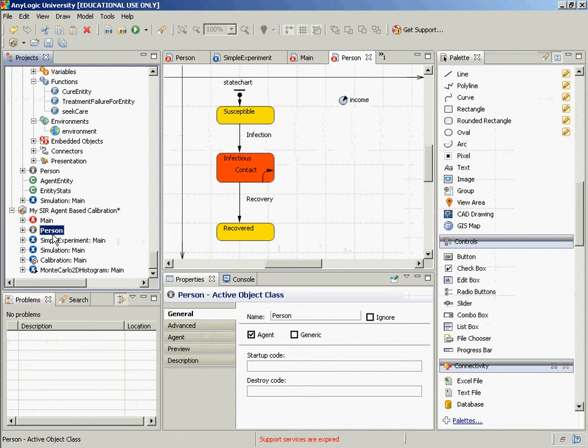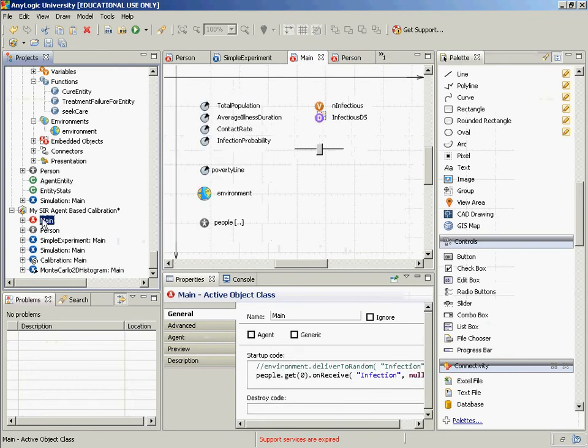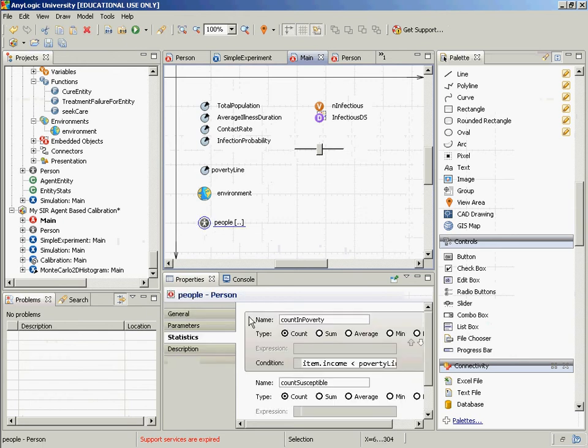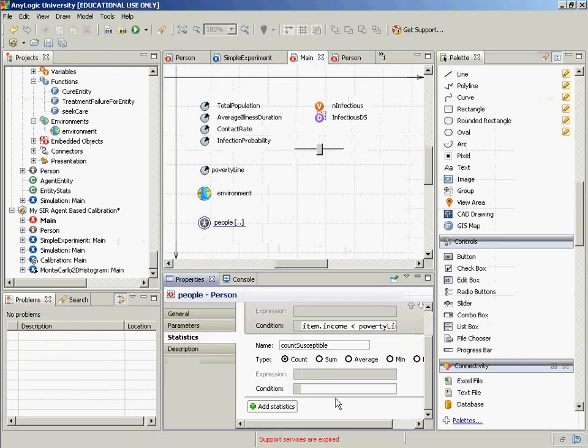But okay, so let's go back to the statistic. Where does the statistic live, folks? Statistic lives in the population. It's an attribute of that population. So we go back to this. We go to this statistic, and for the condition, it's first going to involve item. It's a particular person, and then we have to ask item what? We're not asking about their income. We need to ask whether they're susceptible. We need to ask the state chart,